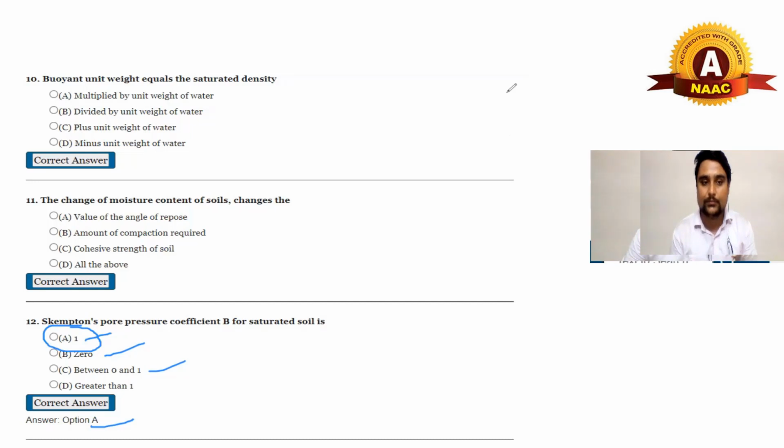That was all about the MCQ, and these MCQs are very important in every exam, weekly test or midterm. These types of questions may be asked. If you are doing the preparation of government exams, then this kind of question also may be asked, because the weightage of geotechnical engineering is too much in government exams. So you need to remember all the questions which I taught here.